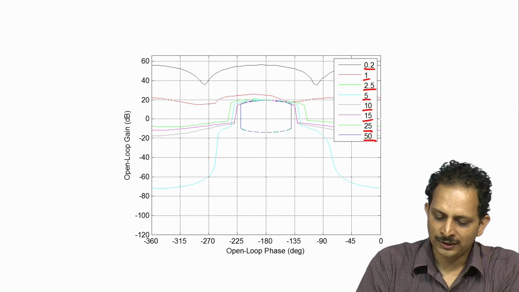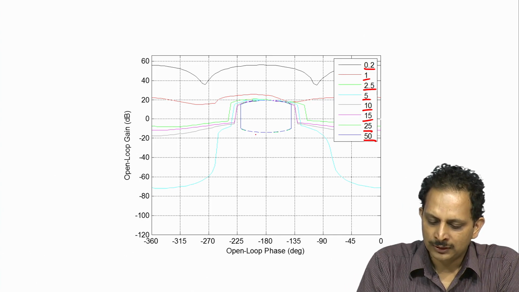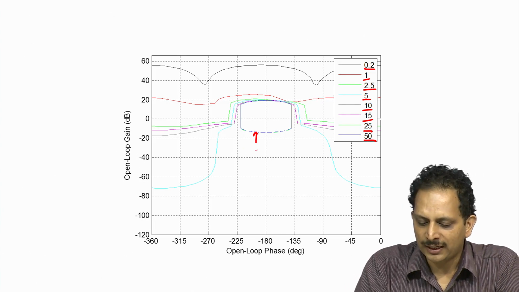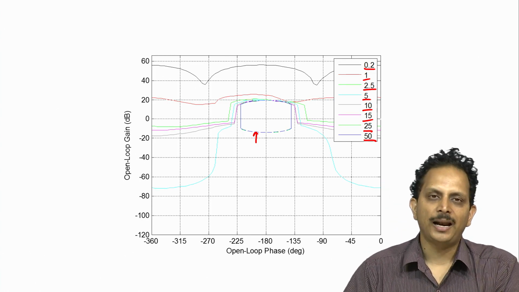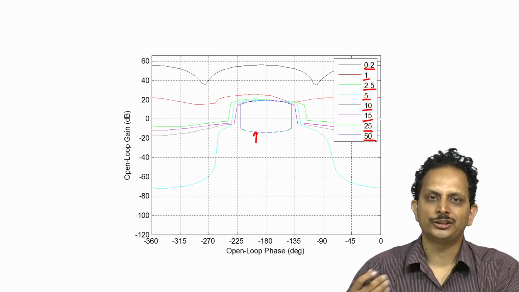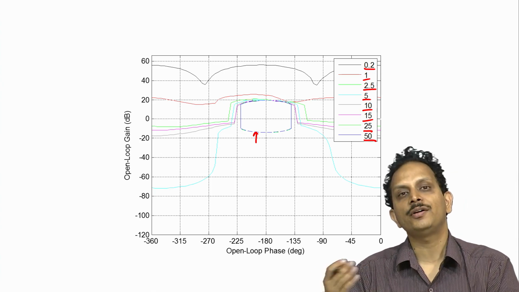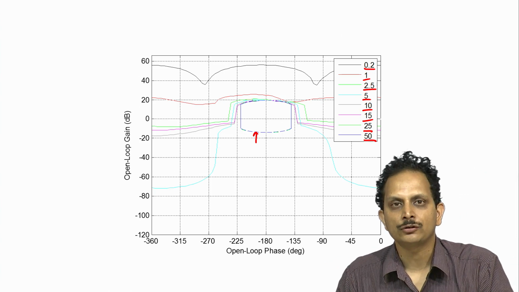What you notice is that the performance bounds at 25 radians per second and at 50 radian per second are almost coincident, and that is because the plant template does not change its shape at frequencies that are significantly greater than the corner frequencies of the plant.